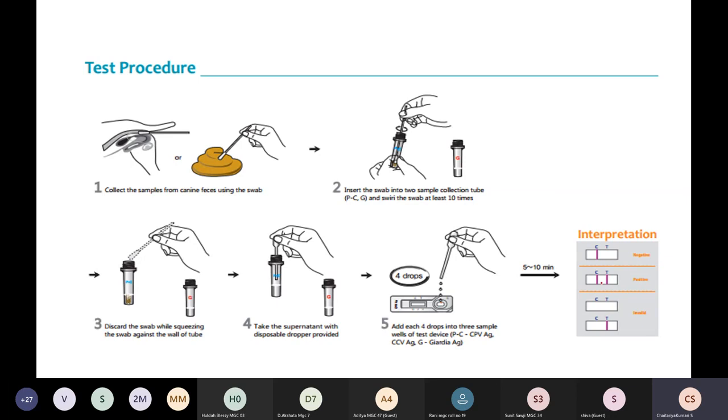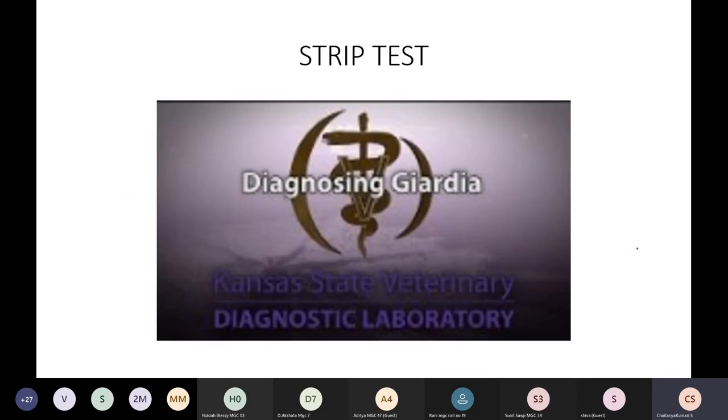Then by looking at the color as well as the lines that appear on the instrument, we can say whether the patient is suffering from the disease or not. Positive means you can see 2 lines shown here, whereas negative will have only 1 line. Okay, like if you know about the pregnancy test, in the same manner this also will be done. If 2 lines have been there, that shows positive. If 1 line has been there, it shows a negative result. I think one video has been there. Just watch this video now, everyone.